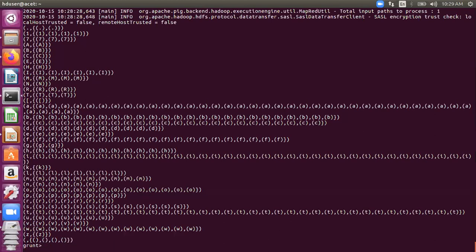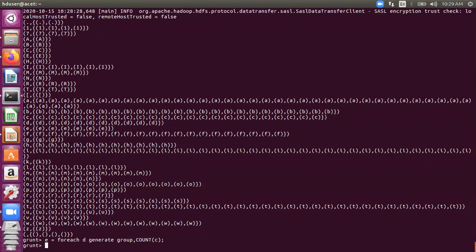D. Yeah, D. So E is equal to foreach D generate group comma count. Sir, I think we used A for that. No, we use D only. What was the relation name? C, I suppose. I think it's okay now. Let's see whether we got it or not.